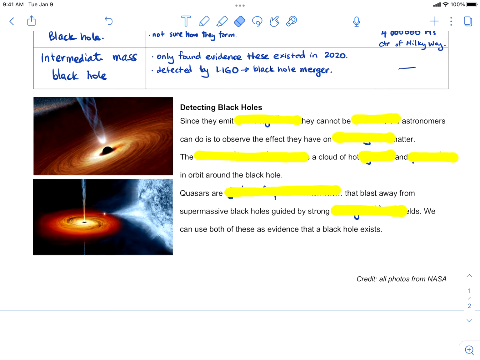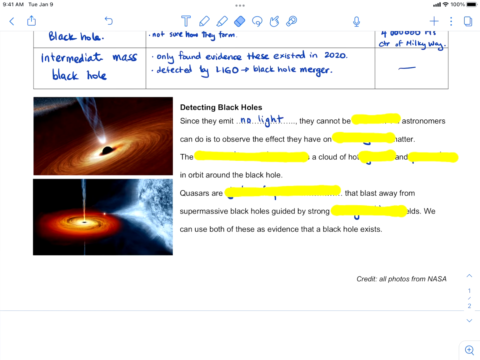So, we just talked about LIGO and how it detected this. It makes sense to talk about what the best ways of looking at black holes are. Like, how do we see them? Some of you may know that a couple years ago, we were able to get the first image of a black hole, and that was captured using the Event Horizon Telescope. But what are some of the ways that we detect black holes?